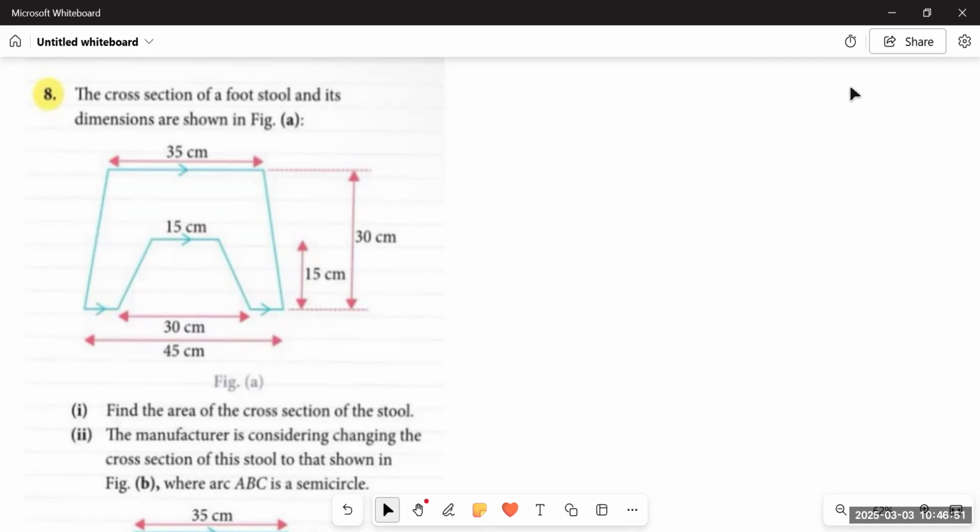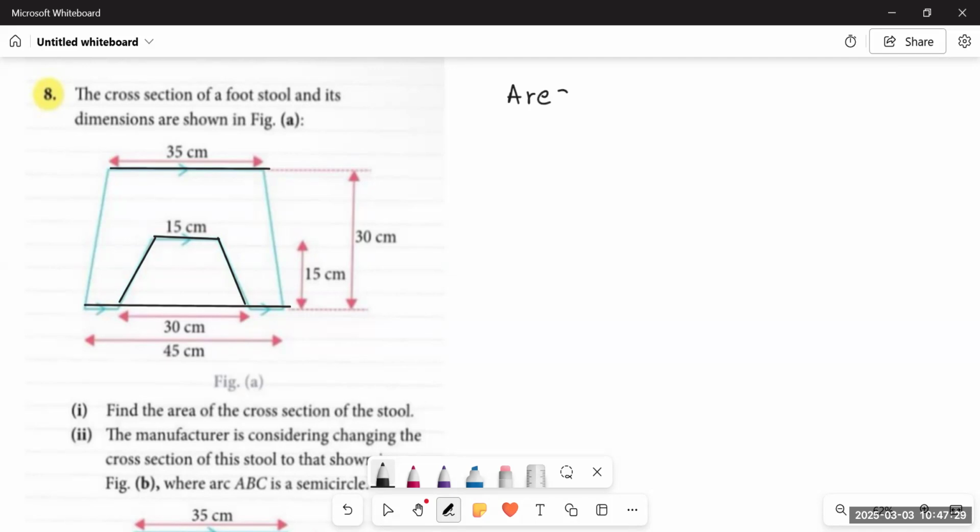It says the cross section of a footstool and its dimensions are shown in figure A, where you can see that as a whole, if we draw a line below as well, it becomes a trapezium. As you can see, the side 35 centimeters and the whole side of 45 centimeters is a trapezium. And then there is a cross section. So this part is excluded from this stool. So we can say that this shape, which is not part of this stool, is a trapezium as well. So if we find the area of the bigger shape, that is area of trapezium,